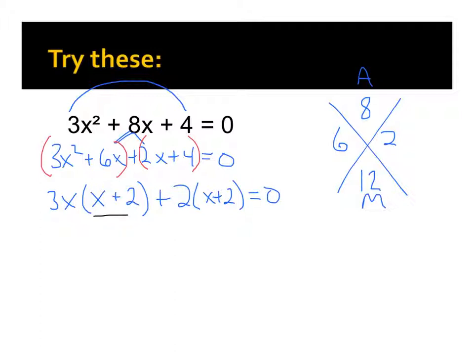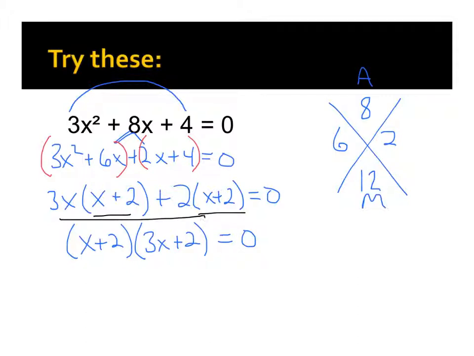This is good. I've got the same thing in the parentheses. That's my GCF. I can take that out. It should be the same, otherwise I did something incorrect, and I'd have to go back and check and find my mistake. So I have x plus 2 times, then my leftovers are 3x plus 2, and that all equals 0. Now if I were just asked to factor, this would be my answer, but here we're going to factor and